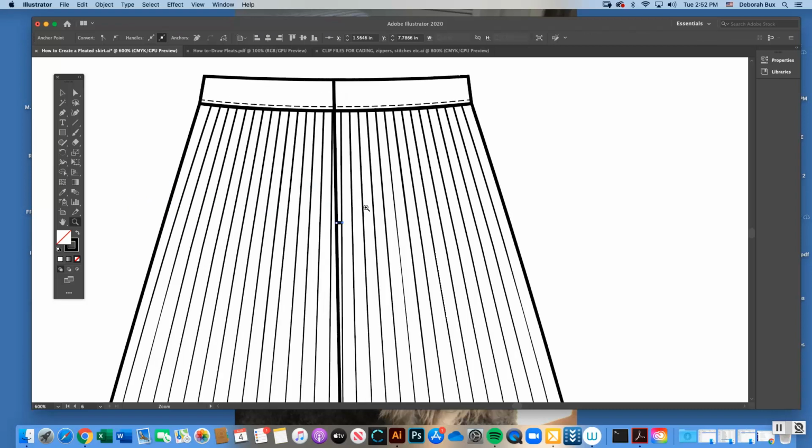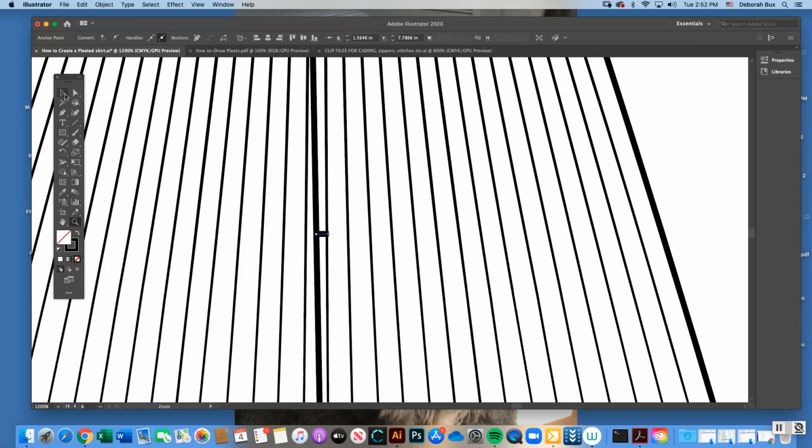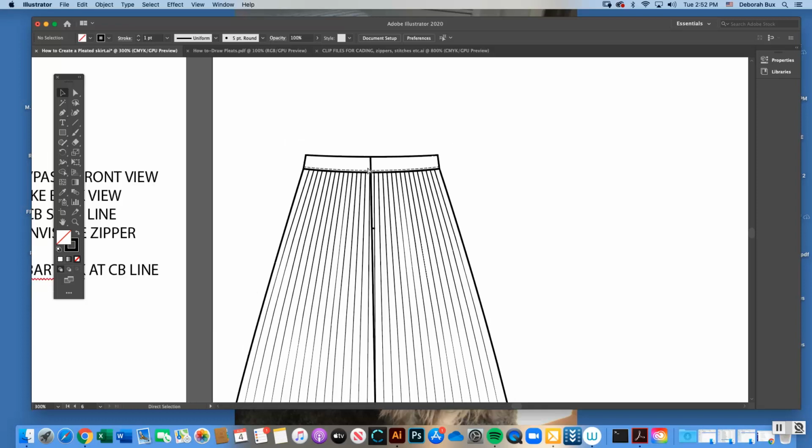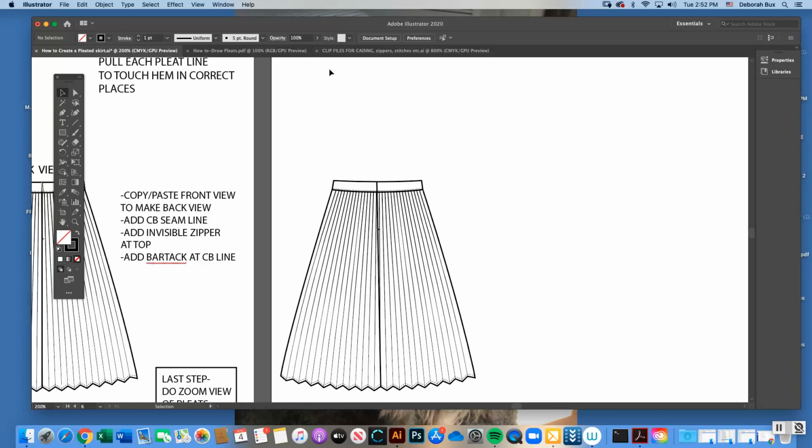and make a tiny little stroke line that's a horizontal stroke line across, and make sure to reference it on the upper part of the body. So if her butt is down here, if the fullest part of her butt is over here, you're going to make a little bar tack slightly above it. This is going to determine the length of the zipper that the woman gets to open up her skirt. Now to get that little invisible zipper